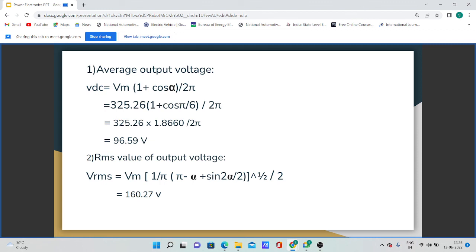Then the RMS value of output voltage: you need to just put the value of pi, the value of alpha, which is pi by 6, and the value of Vm in the VRMS formula, and you will get 160.27 volt. That is the RMS value of output voltage. Next,